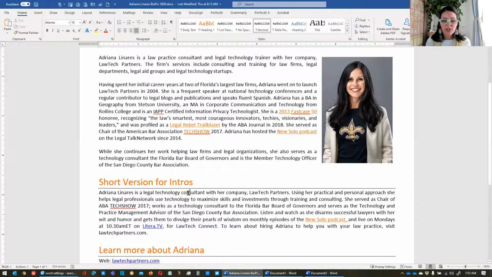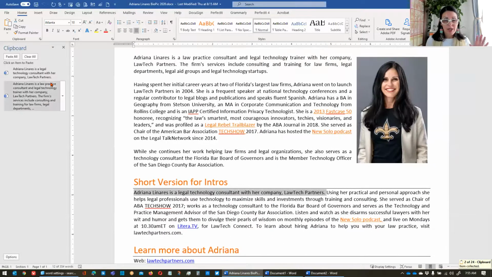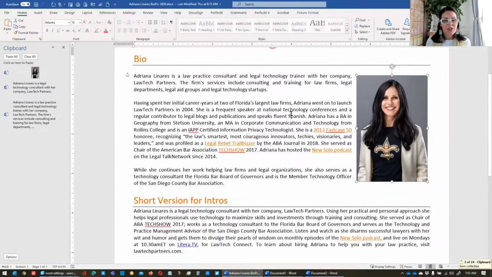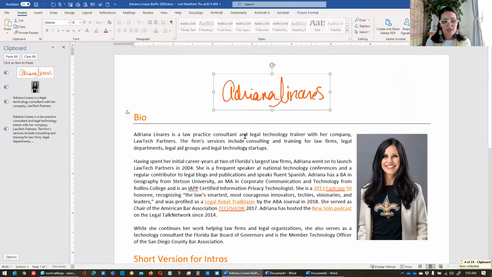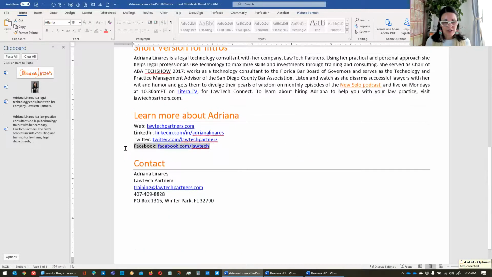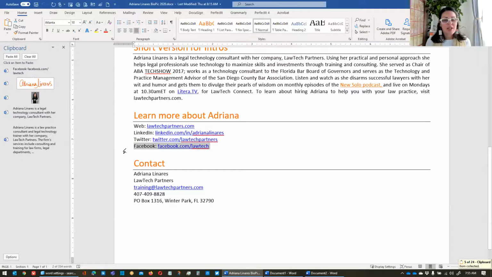So press the control key on your keyboard, single click, that selects a paragraph. I'm going to right click, copy that. All right, so now my clipboard actually flies open. You can turn that off in one of those settings down in options if you want. I don't mind it. And I can even right click, copy this picture. I can right click, copy my signature. I can come down here and copy anything I want.